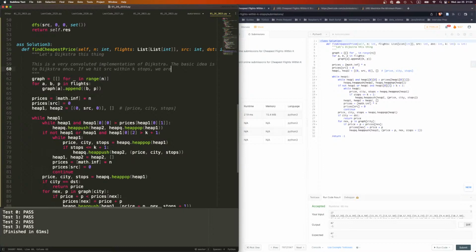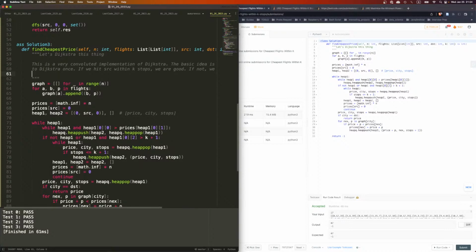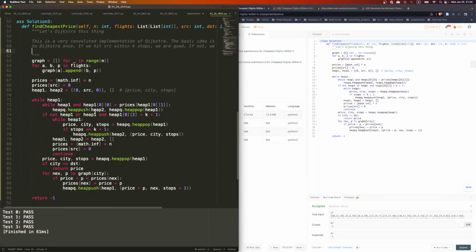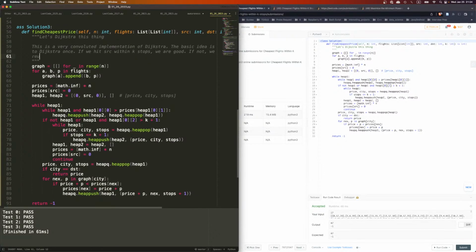We're good, right? If not, we basically reuse all the previous cities, all the previous unused cities, to run Dijkstra again with